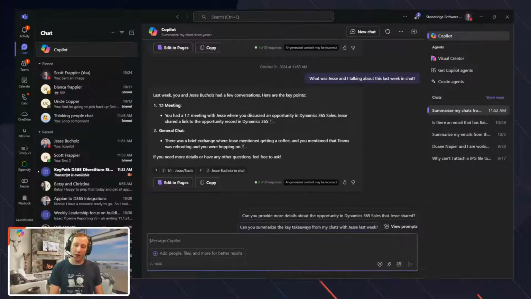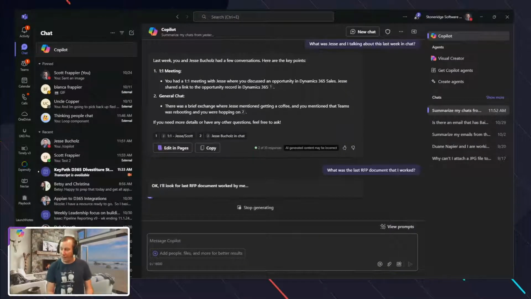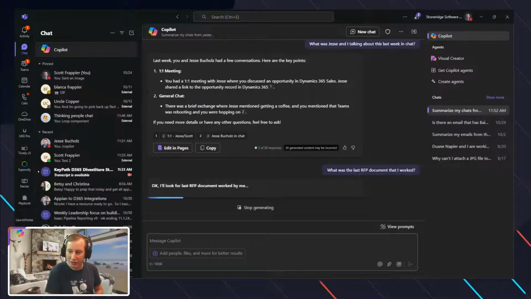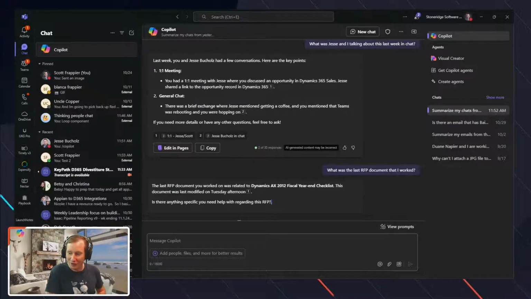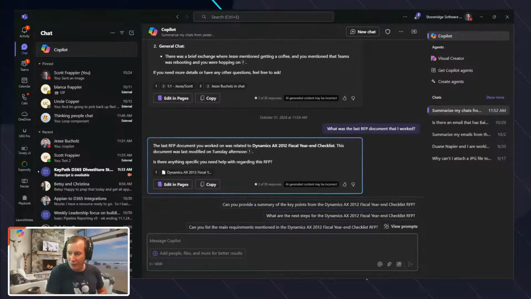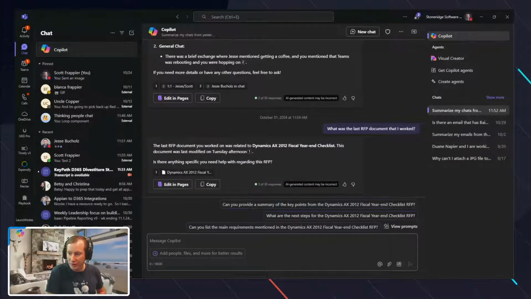Another example of it might be, what was the last RFP document that I worked on? I'll do it as simple as that. Let's see what it says and see if it can identify an RFP that I went through. So this is kind of fun, right? Yeah, that would be it actually. So that is correct. So once again, you can see Jesse's kind of typing in the background. He's probably like, what you doing over there? But either way, this is kind of nice to be able to basically go through and get information.